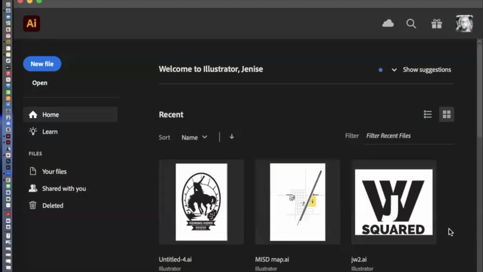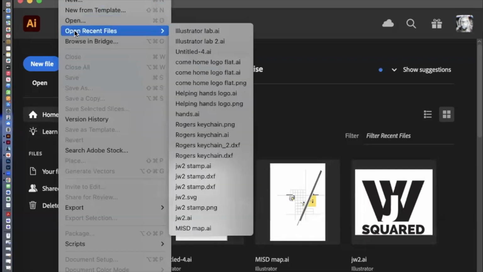Okay, welcome to our last bit of Illustrator. I'm going to show you how to easily draw some simple shapes by using the shapes that you already have built into Illustrator. So let's just go ahead and get started. I'm going to look for my file,